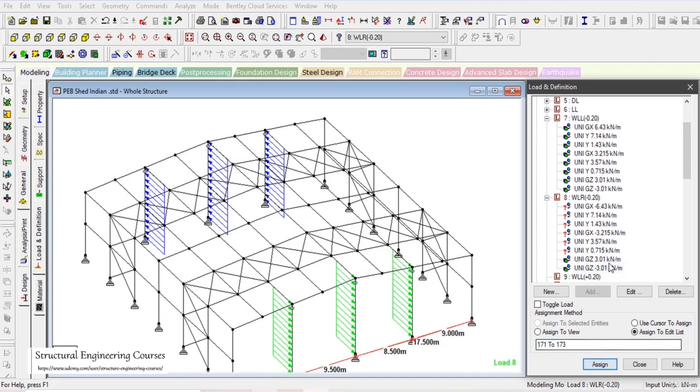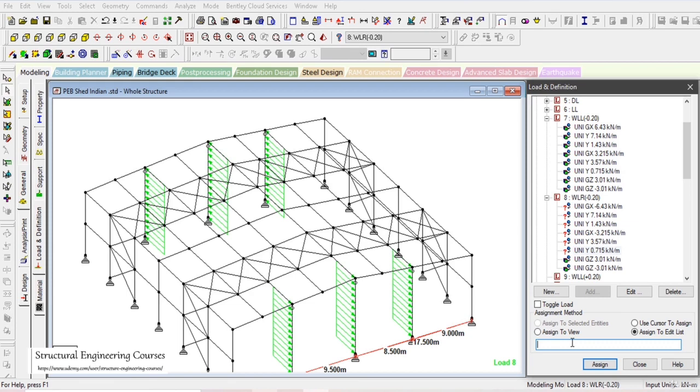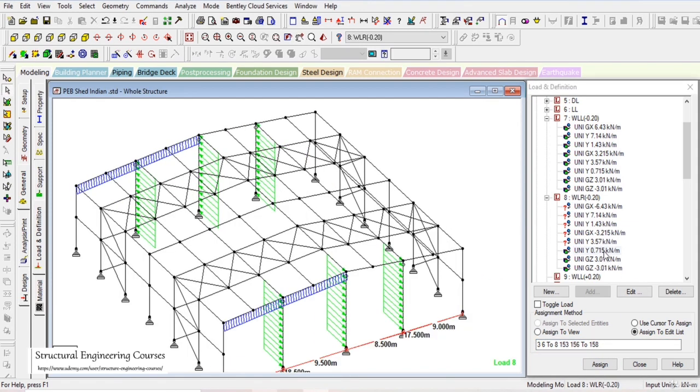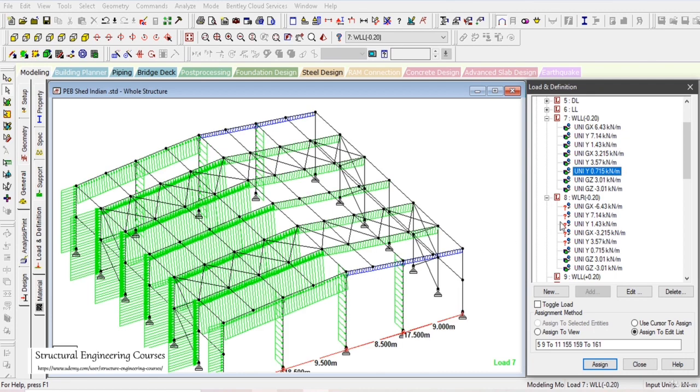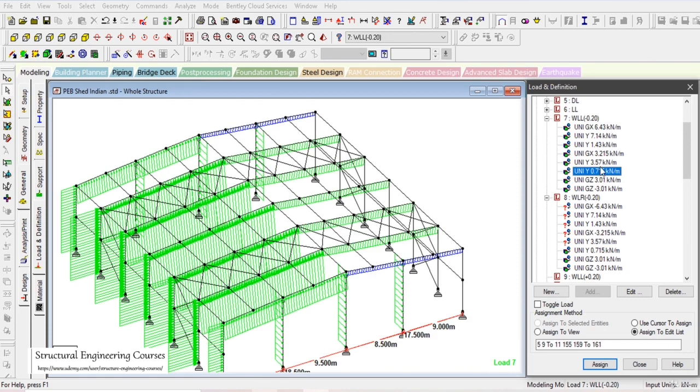After that, this plus 0.715 and 3.215, 3.57. So whatever loading has been applied for 3.57, now we need to apply it at 0.715. So here we can see that 0.715 is now applied on these members here, and here 0.715 was applied on these members here. So similarly for this 3.57,